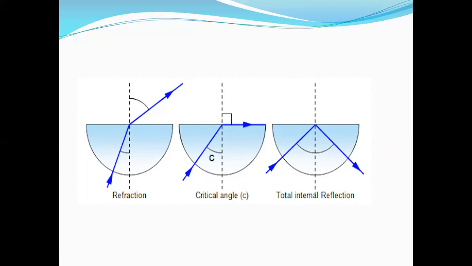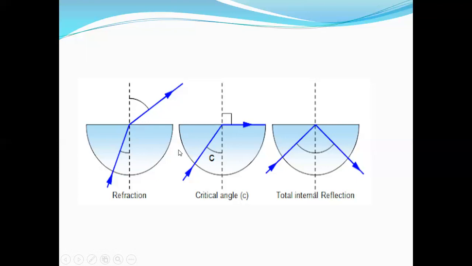When light enters from a denser medium to a rare medium, that means from glass slab to air, it bends away from the normal. In the previous class, we did this phenomenon. In the first diagram, light enters from denser to rare medium and bends away from the normal. The angle of refraction you see is larger than the angle of incidence. If we take another ray of the same glass slab in which the angle of incidence is greater than the